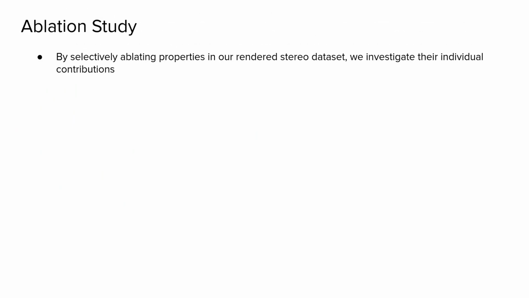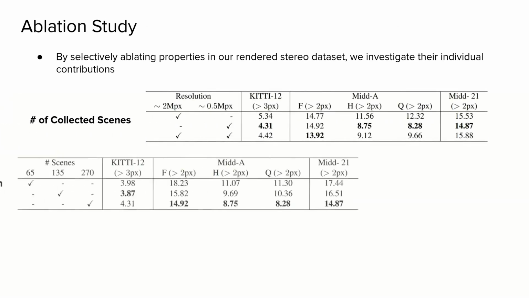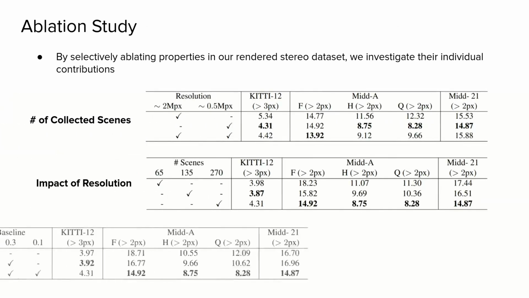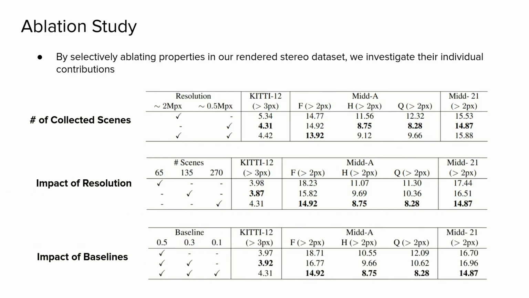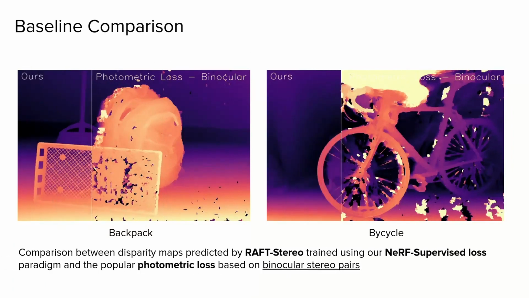Specifically, in this slide, we studied the impact of the number of scenes used in the training process, the chosen rendering resolution, and the baseline for generating stereo pairs. We evaluate these factors on well-known benchmarks such as KITTI, Middlebury, and ETH3D to assess their effect on the overall performance. Here we present a comparison of disparity maps obtained by training the RAFT-Stereo network using our NeRF-supervised approach,